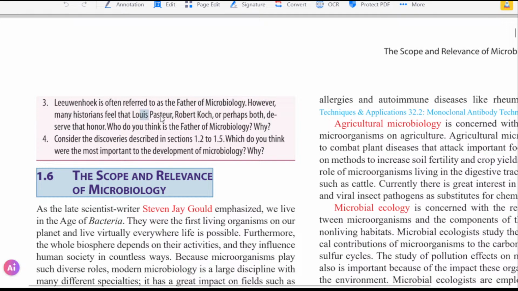And do Louis Pasteur and Robert Koch deserve that honor? They don't. Why would they deserve the honor? They are not the first one to, or you can say they would become stepfathers. But that would just mean that all the microbiologists till today are the stepfathers of Leeuwenhoek. Not of the microorganisms, right? Of microbiology. So I don't think they deserve honor.